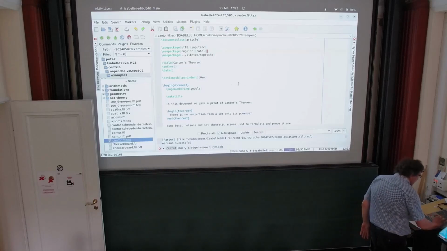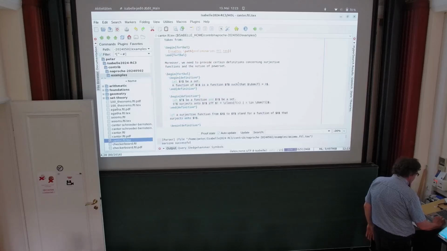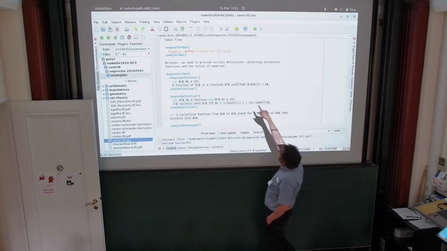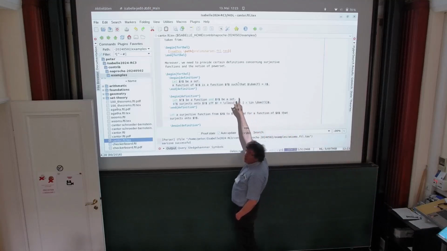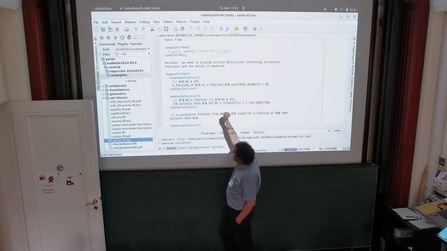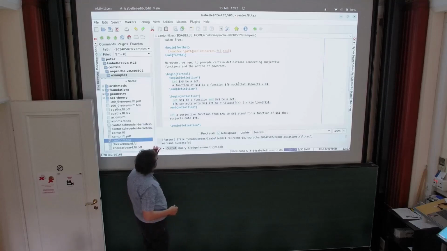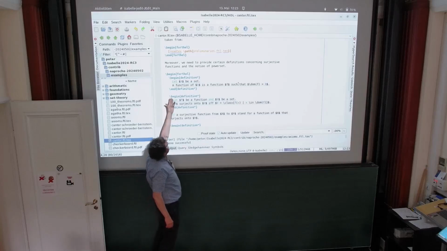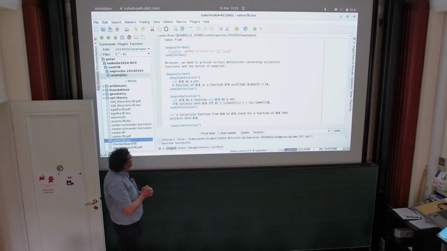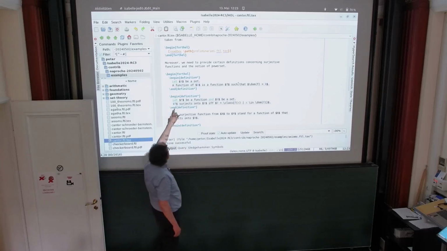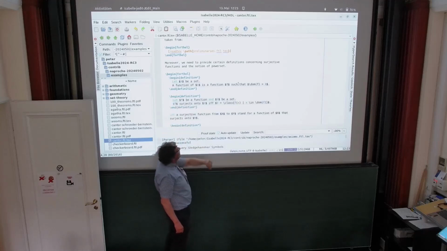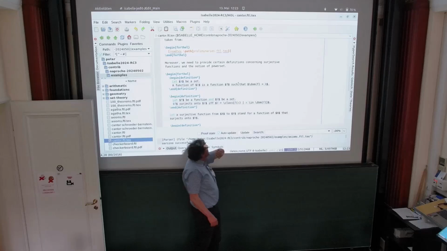And this goes on, and we get to the real things, so to speak. So we read in certain preliminaries. There are preliminaries on sets and other stuff that we want to be there. And certain other definitions have to be there. For example, for some reason, I don't know the prehistory of all these texts, but somebody defined here a function of x, which means just that the domain of the function is x.